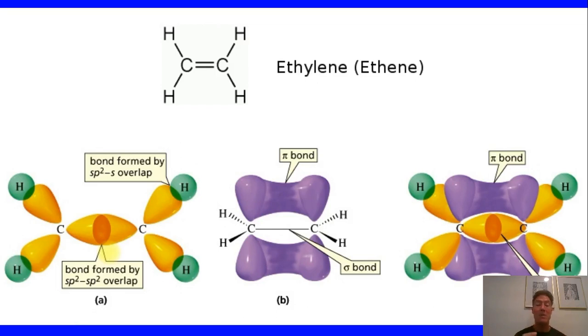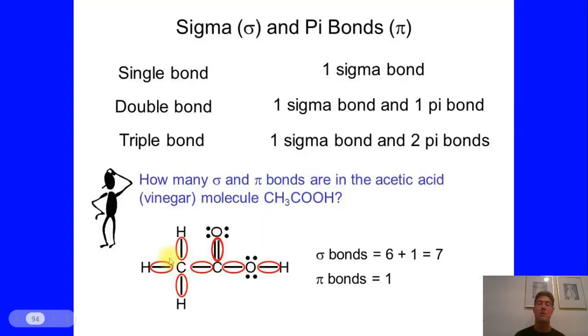Orbital hybridization is simply what the electrons are doing around a single atom. With sigma and pi bonds, now we're talking about covalent bonds between atoms. So bottom line, single bond, 1 sigma; double bond, a sigma and a pi; triple bond, 1 sigma and 2 pi. So if someone asks how many sigma and pi bonds are in this molecule, acetic acid,